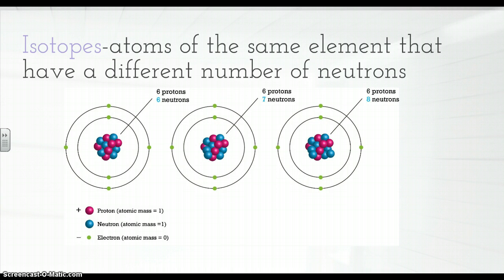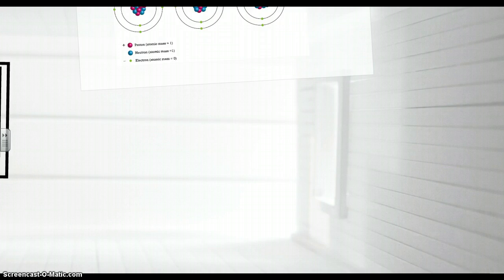Now this is what an isotope is. It's where you have the same number of protons, but a different number of neutrons. And once again, if you change the number of protons, let's say there were not 6 protons in this nucleus, it would not be carbon. So isotopes are atoms that have the same number of protons, but a different number of neutrons. And we take that to get this number,